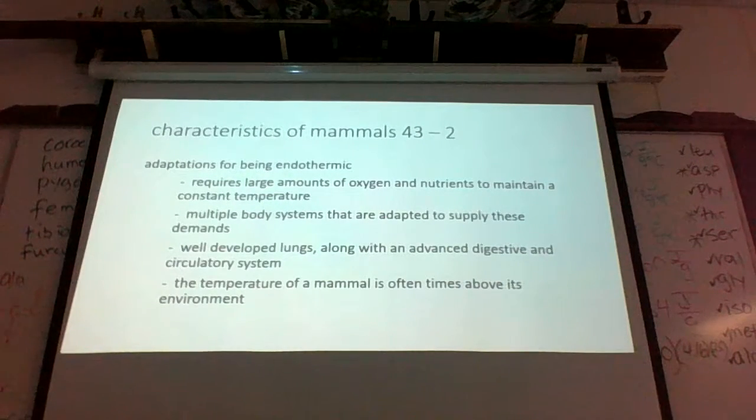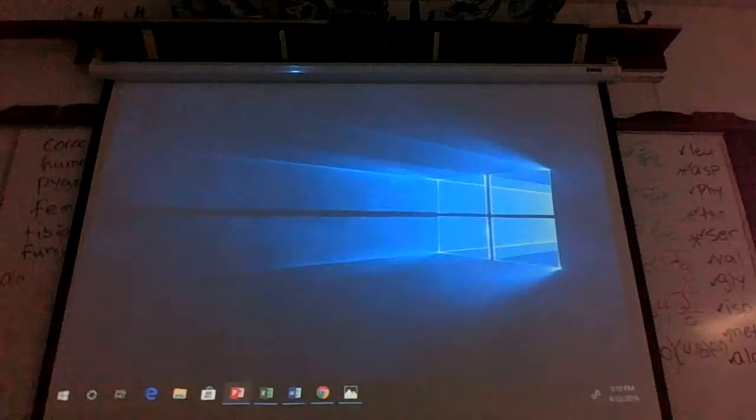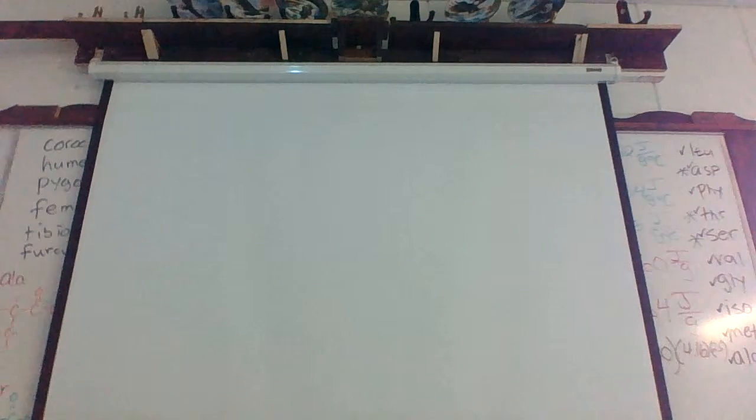We'll move on to, what I want to say, the different body systems, the skeletal and muscular system. But let's get the characteristics of the mammals out of the way first. Okay, so that does it for what we would be doing in this chapter, mammals. Now we will move on to